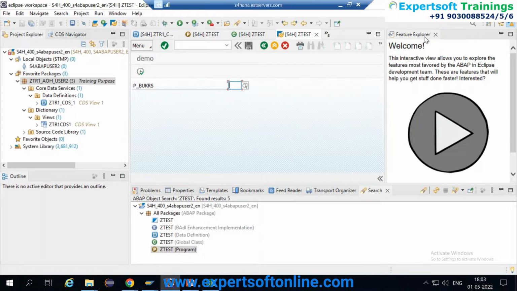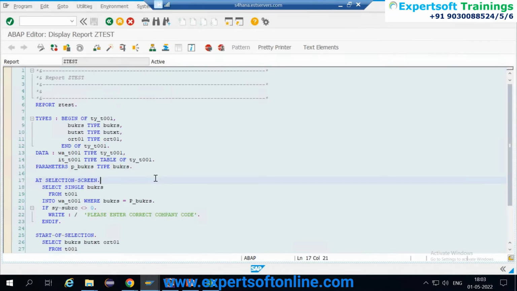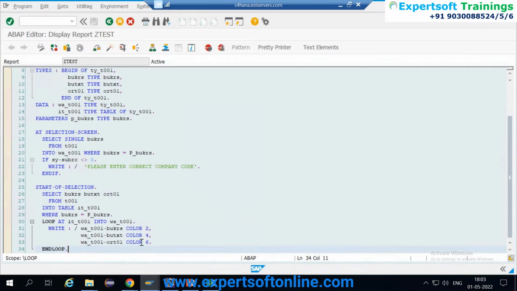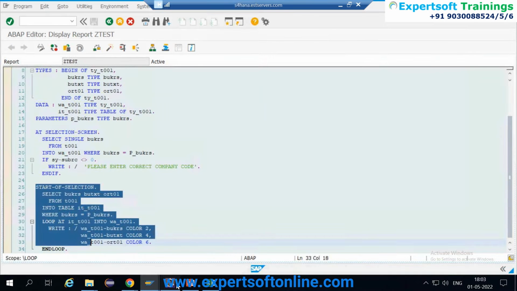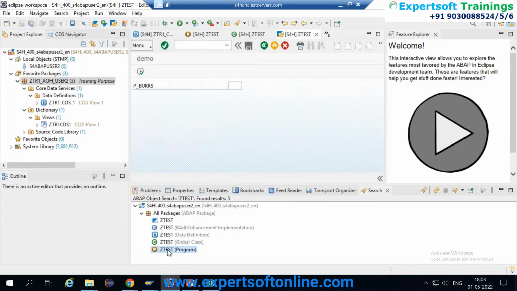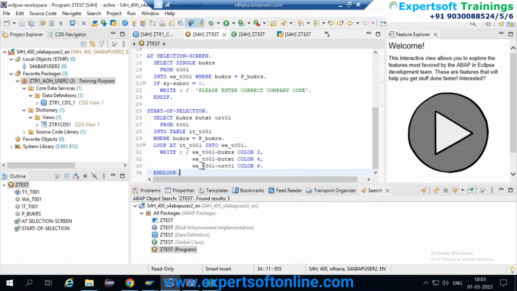If you look at the code level also, you see the same lines. I will show you in Eclipse also. You go down, see the same lines.